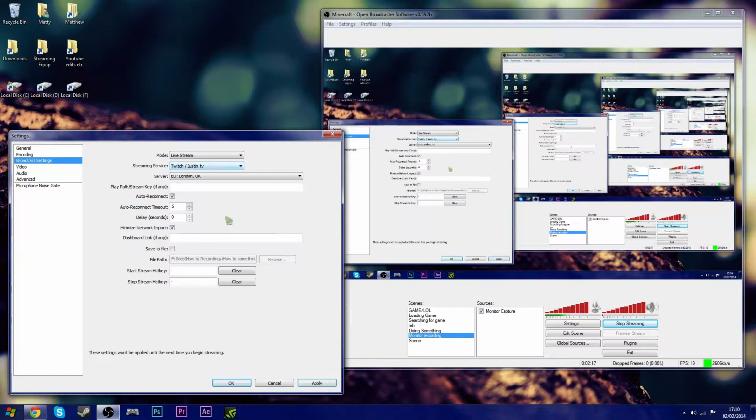To change it to live stream. Okay, this is the main part. This is what you'll really need to start streaming. Obviously, you need to change the mode to live stream. For the streaming service, whatever you want to stream to, you can put it, but this is mainly for Twitch TV. This is the tutorial, and the server,